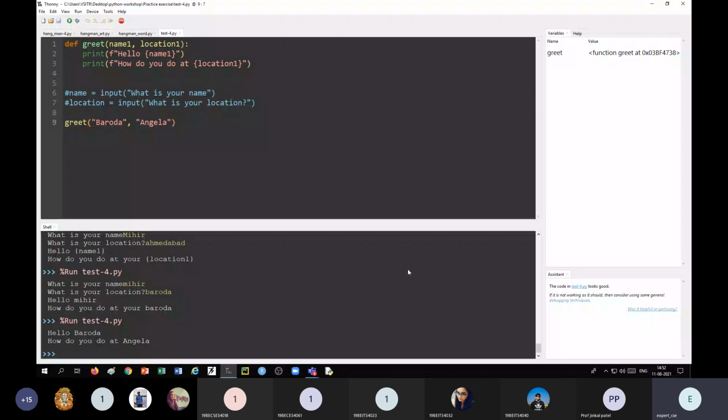So suppose I write here, name is equal to Angela, comma, location is equal to. Here I have to take the same name which I have used as a parameter, name1 and location1 is equal to, say, Baroda.